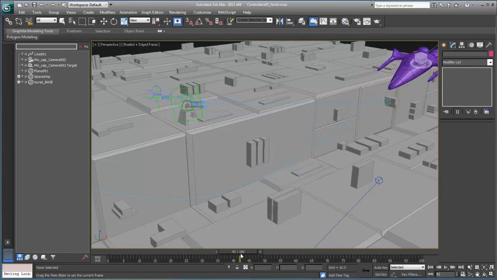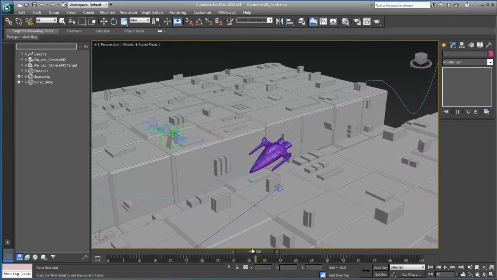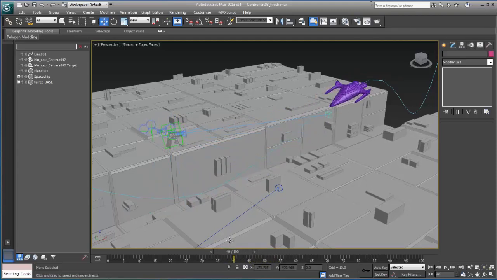In 3ds Max, animation really begins with the controllers. The controllers are, without a doubt, the most powerful aspect to animation in 3ds Max. You're probably all familiar with keyframe animation, where we move an object from one point to the other in 3D space by usually turning on the auto key button and then just grabbing our move, rotate, or scale tool and moving it that way. But really, controllers are the behind-the-scenes action in 3ds Max and allow us to do a lot of more complicated